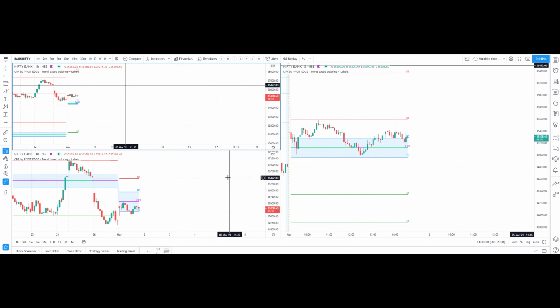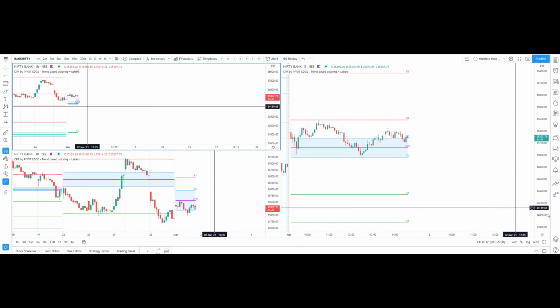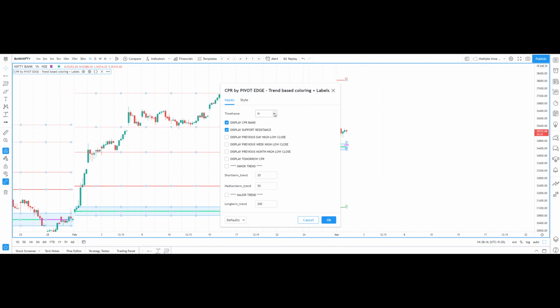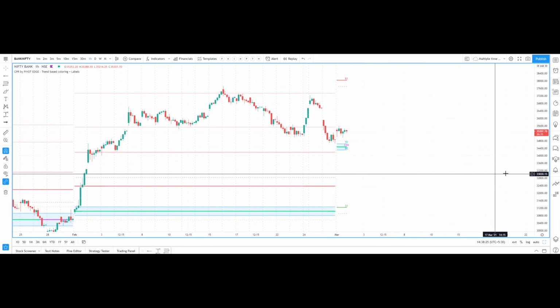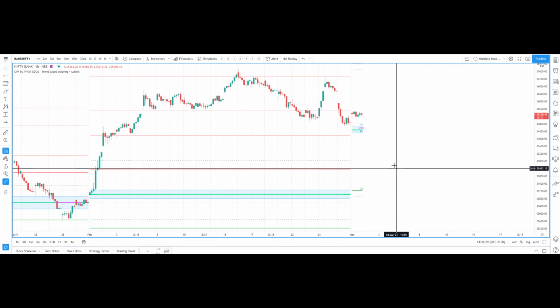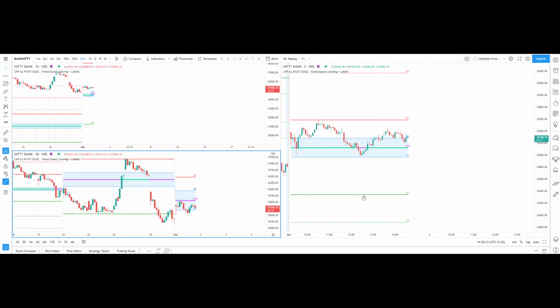So on the week time frame, I will show you now. See this, like I said, in a day candle, if you go here, this will be selected as month. For month, you can select previous month high, low, close. It will give you those levels. I will show next in the week time frame. I'll just expand this view.